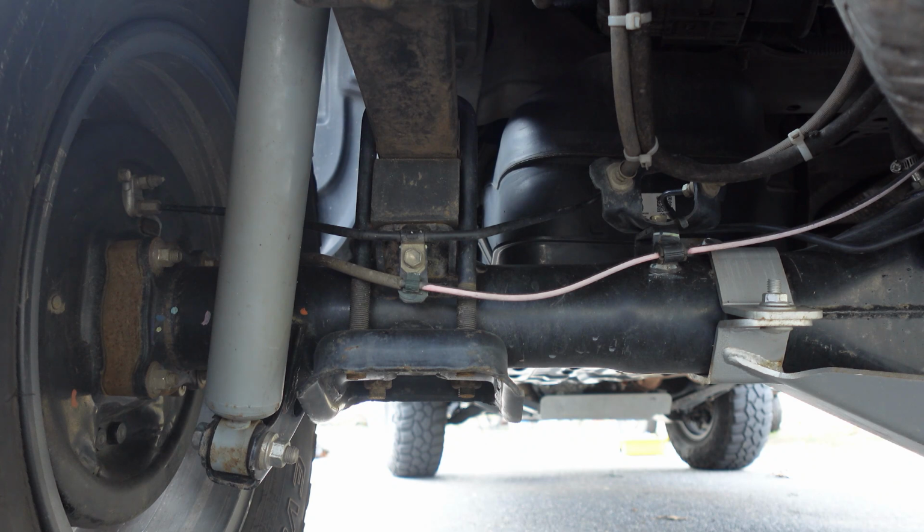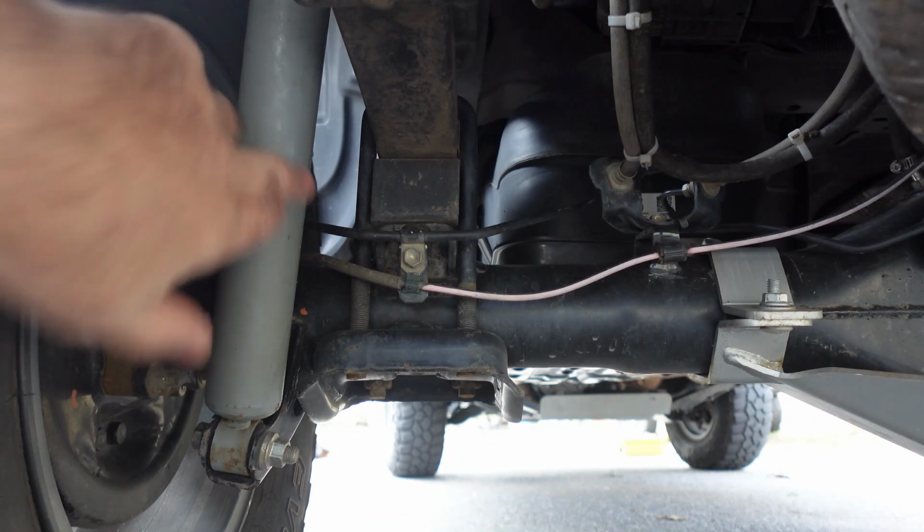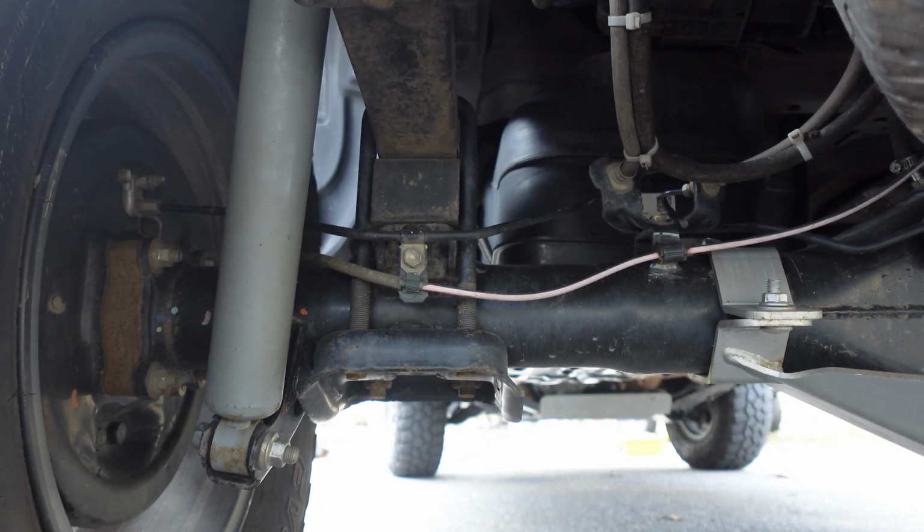You know, it's guaranteeing that when I'm off-roading, I get a lot of travel in my rear end. And we know these Tacomas have really good travel suspension in the rear. So that's why I got the extra long shocks in the rear. And it does help. It helps a ton. Now, like I said, you can add the leaf spring kit to the back. It's not an issue there. It was just my preference to put the 2-inch block kit in, because it doesn't really change the ride